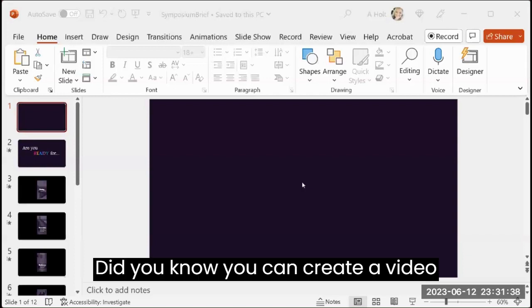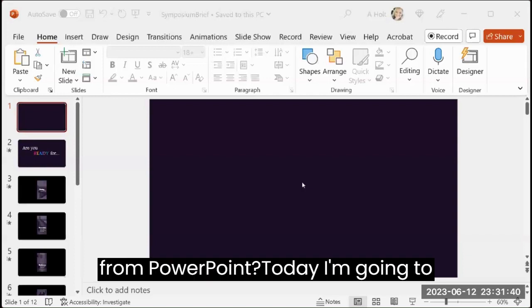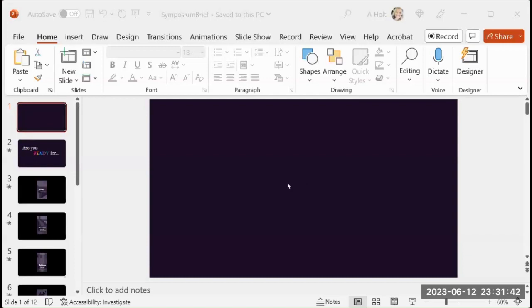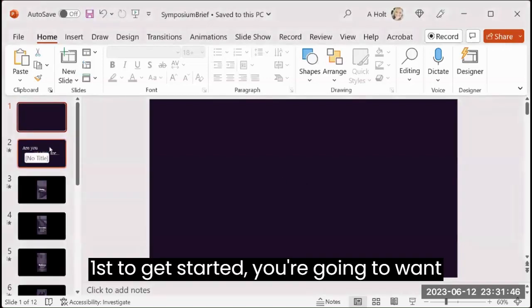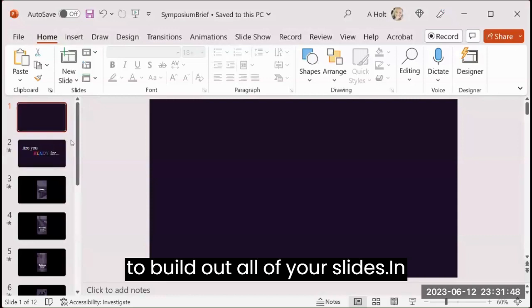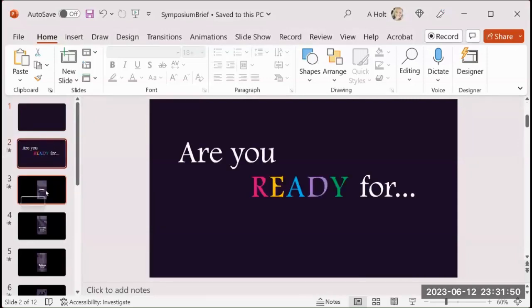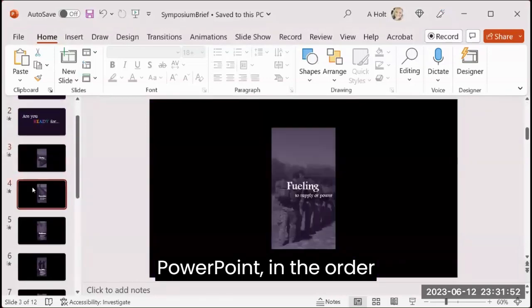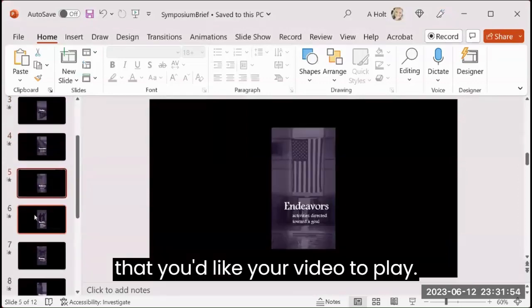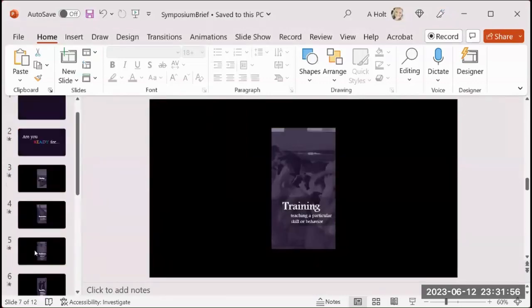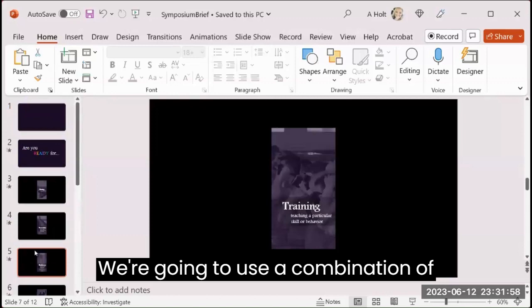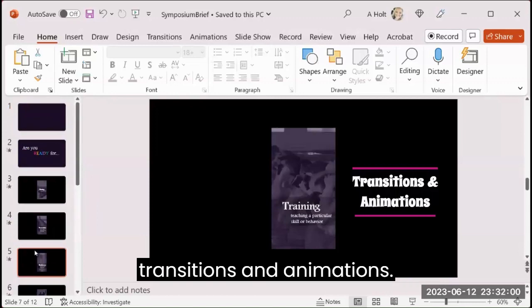Did you know you can create a video from PowerPoint? Today I'm going to show you how. First, to get started, you're going to want to build out all of your slides in PowerPoint in the order that you'd like your video to play. We're going to use a combination of transitions and animations